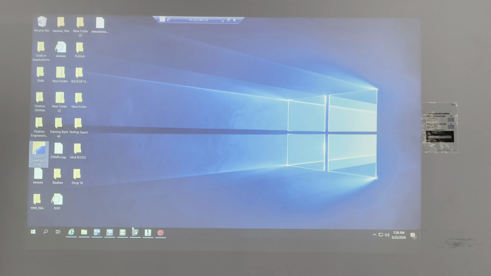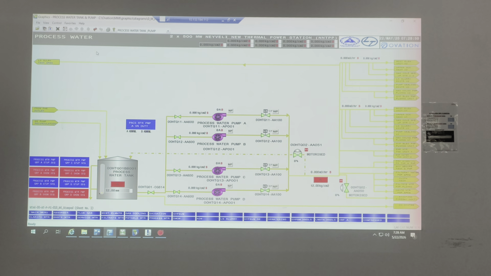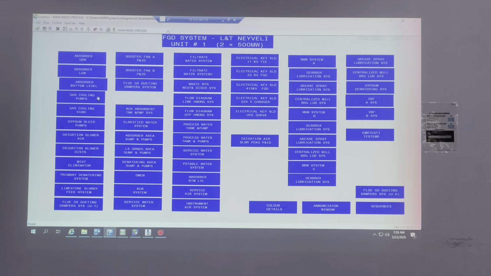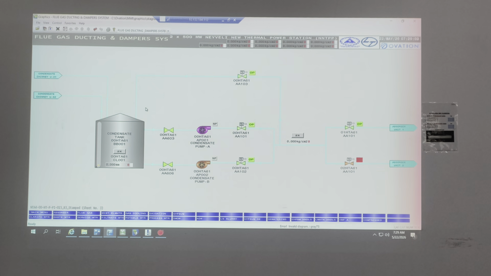You see, these are the graphics. Suppose this is not a project but some another project. Okay, so it means all these things are done by someone. It is not coming automatically. Nothing is automatic.